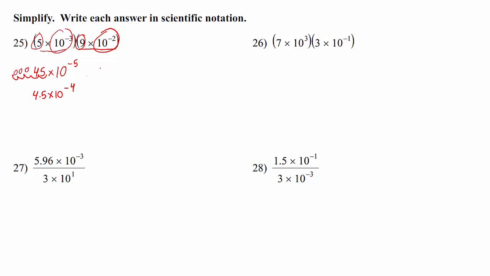which gives me 0.00045. Then if I change that back to scientific notation, 1, 2, 3, 4, I only had to move it 4 places. Okay, so that confirms that what we're saying is right. If you have something that's incorrectly in scientific notation and you need to fix it, if you make it smaller, it adds 1 to the exponent,